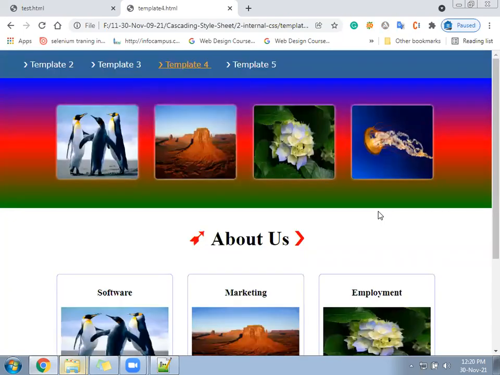Now we are going to apply the CSS for the input tag, like example for button, for the text box, for text area, for select.